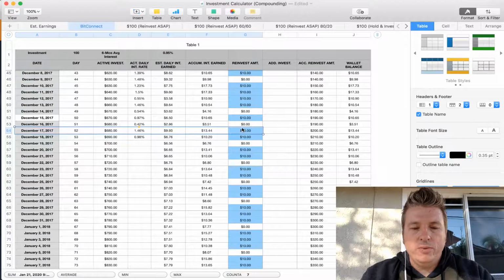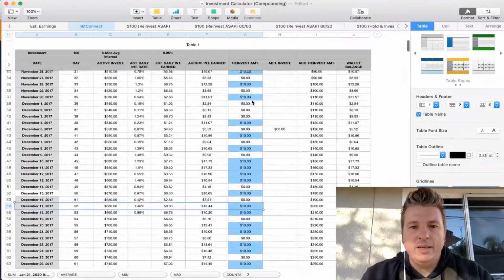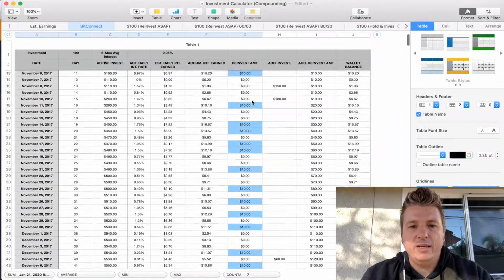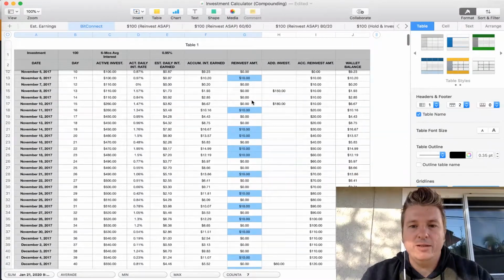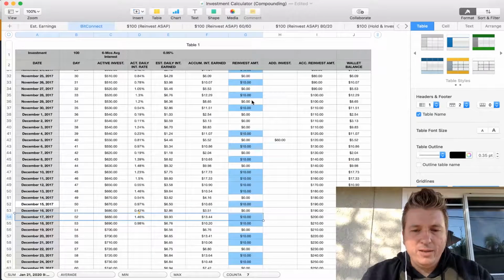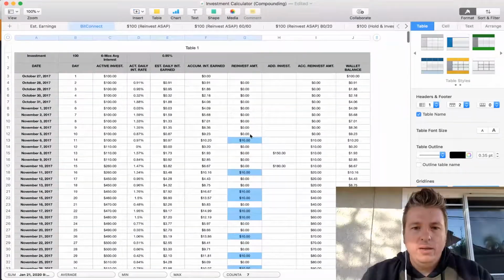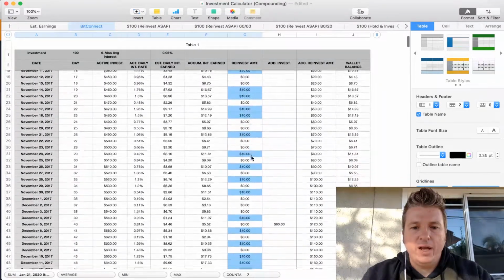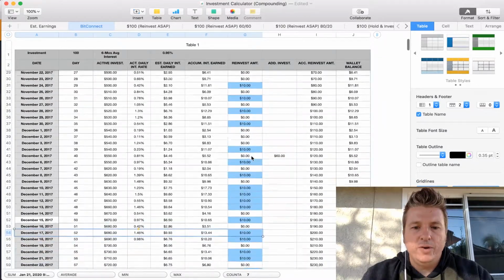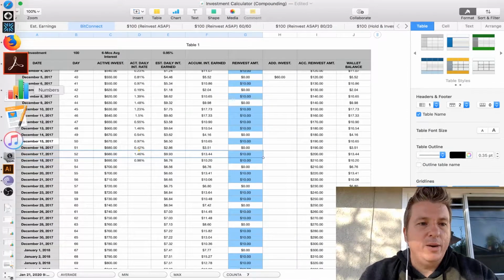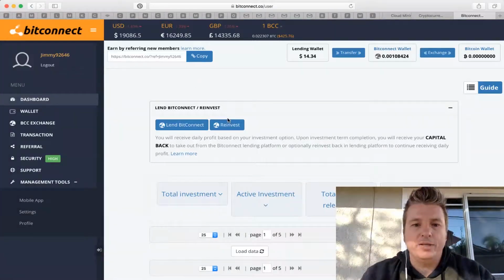So, 1, 2, 3, 4, 5, 6, 7, 8, 9, 10, 11, 12, 13, 14, 15, 16, 17, 18, 19, 20, my 20th payment. That's worth celebrating right there. Is that right? 20th payment? Or 20th reinvestment? Yes, I'm making my 20th reinvestment. That is awesome.